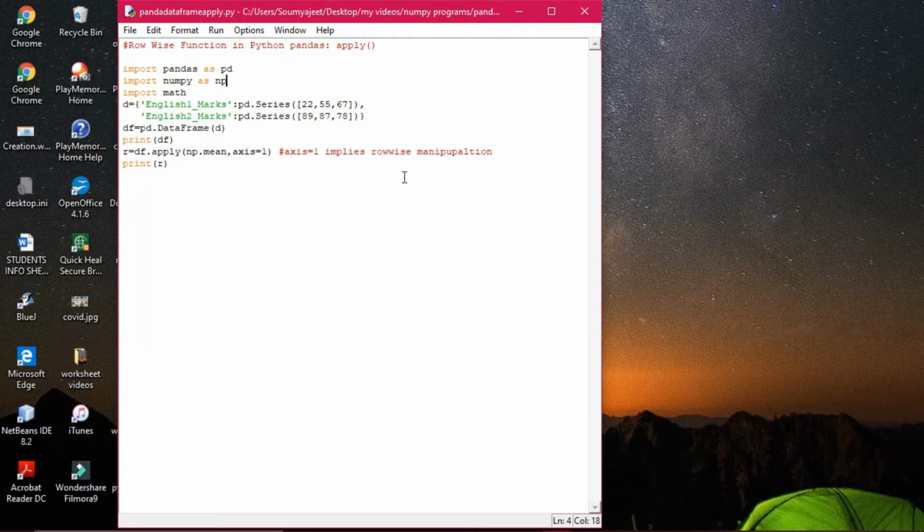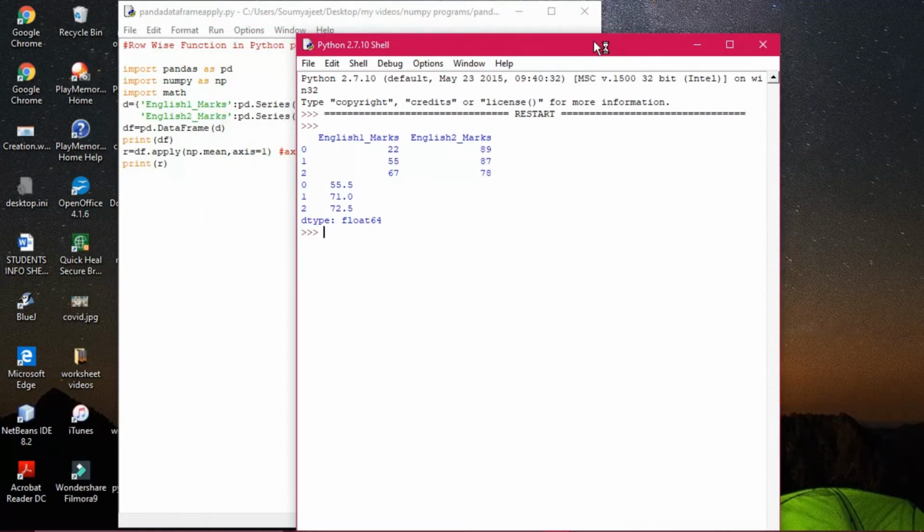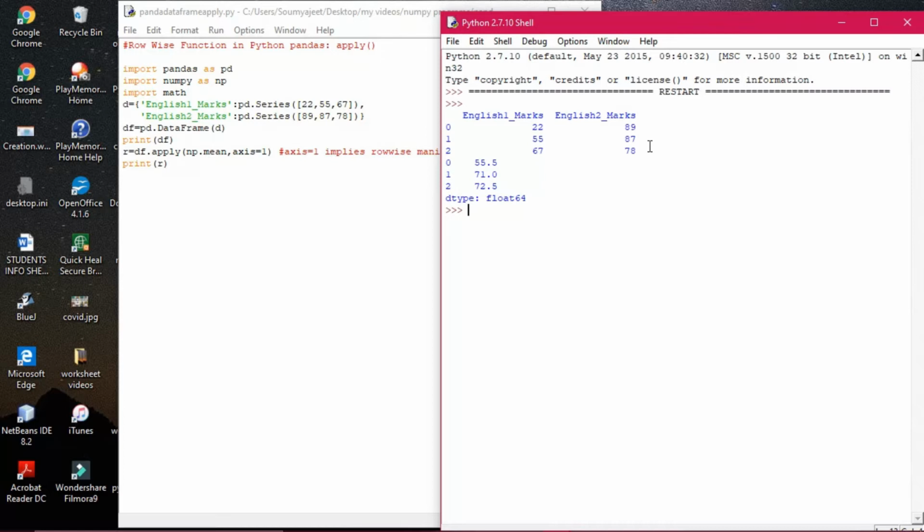Fine. So row wise manipulation means what? There are two columns, you can see out here. One is English marks 2. Now once I execute this program, you will be able to understand. Now you see the output, it has come out in this way. So what is that? 55.5.